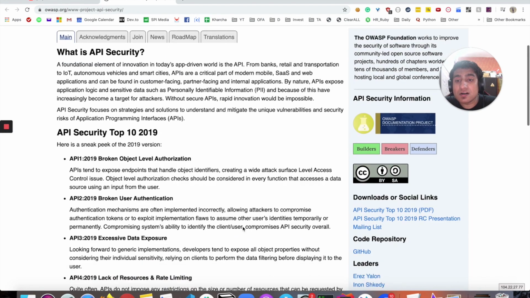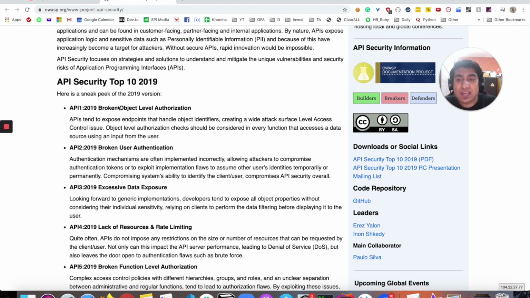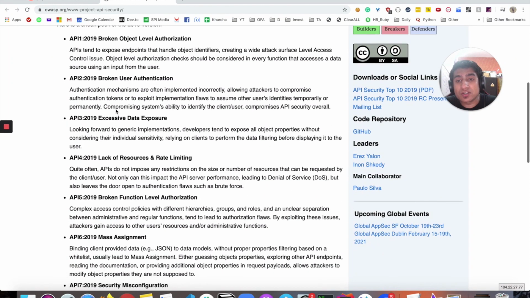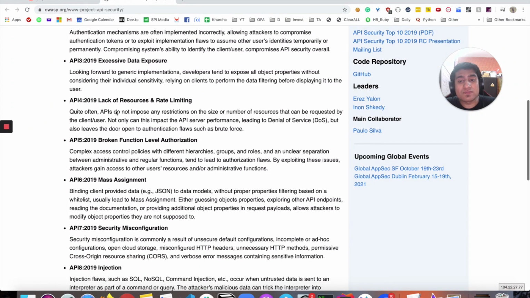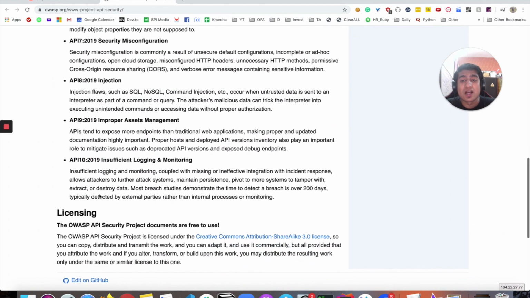And this is the top API security type of attacks they have discussed here. So in 2019, we have broken object level authorization, right? These kinds of attacks: broken user authentication, excessive data exposure, lack of resources, broken function level authorization, mass assignment, security misconfiguration, injection, improper assets management, these things, right?